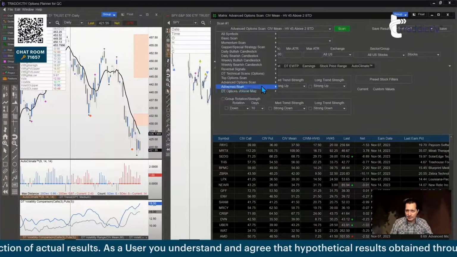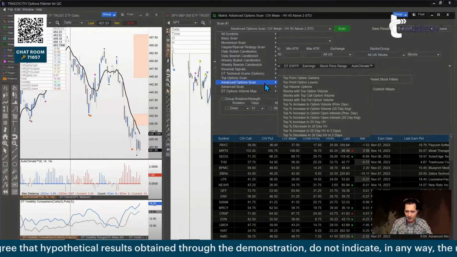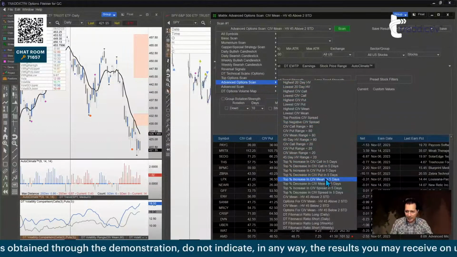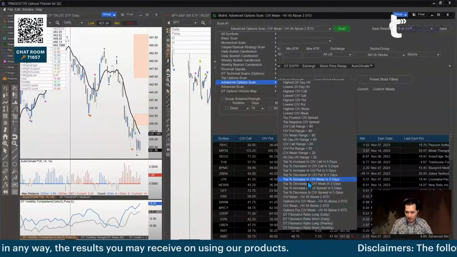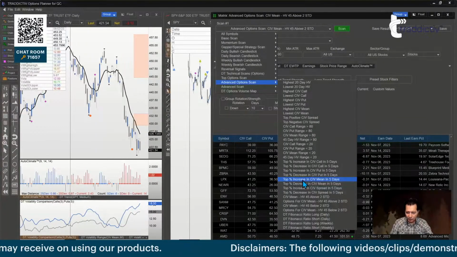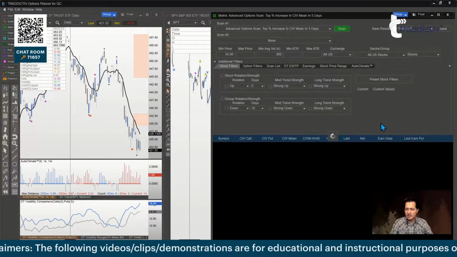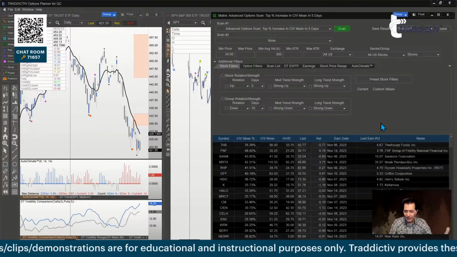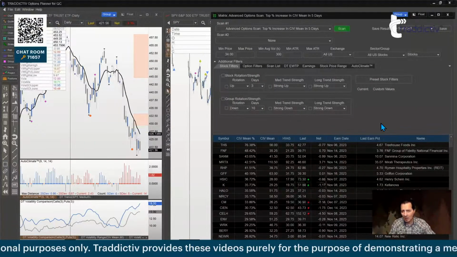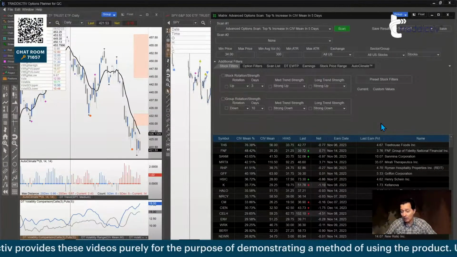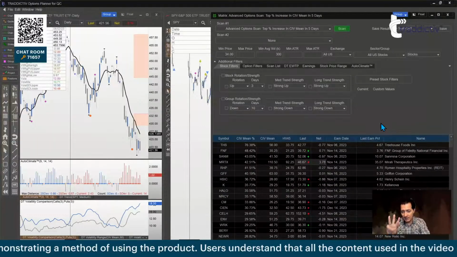And then the third case, and this I will let you, when you watch this video, pause and rewind and take a screenshot if needed. The third case is looking at options where the CIV mean is the top percent increase in the CIV mean in the last 5 days, meaning that those are the options that have increased the most in value in the last 5 days. So they may not be the most expensive options in the market, but definitely they went up by a lot in the last 5 days. So if they went up by a lot in the last 5 days, they're not cheap. They're expensive options. Okay, so the three choices I gave you are expensive options.